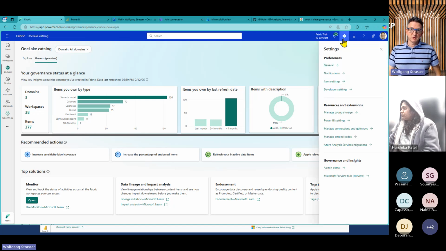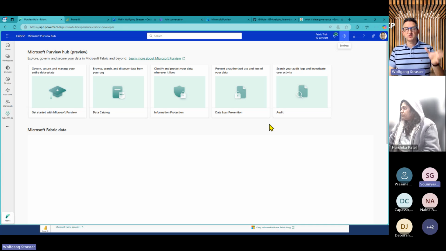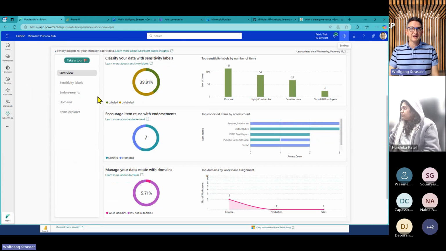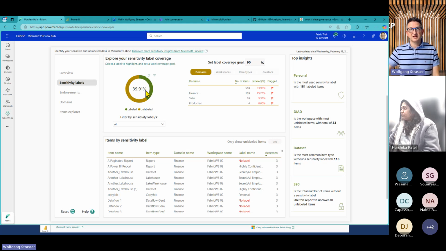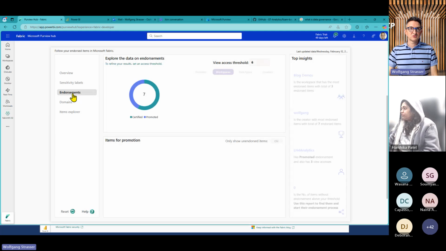And there's a similar view if I open that settings page, now coming back to the Microsoft Purview Hub here. It's a similar view about your data curation state in Fabric. And here we've got a report that, for example, shows me how it looks for sensitivity labels. How many of my items do have a sensitivity label applied? What are the most labeled or most missed workspaces or domains in that case? I can get down to the workspaces, to the item types. I can set my target over here, go over to the endorsement and so on.